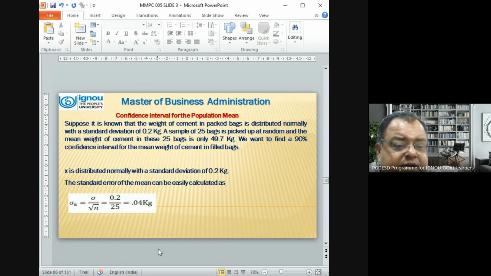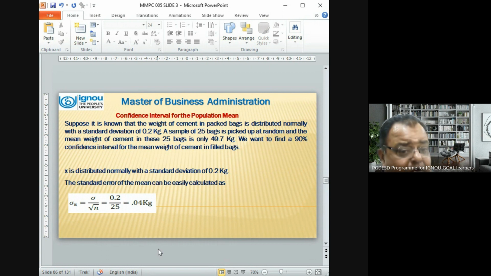Now, confidence interval for the population mean. See the problem and why we are doing it and how it is done. Suppose it is known that the weight of cement in packed bags is distributed normally with a standard deviation of 0.2 kg. A sample of 25 bags is picked up at random and the mean weight of cement in these 25 bags